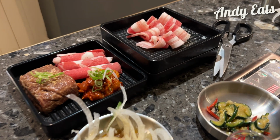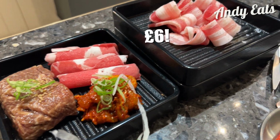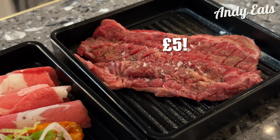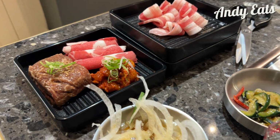Scrolling down a bit more, I've ordered some lettuce and some soybean stew, some doenjang jjigae. That's going to cost me another £6.50. They've brought the food out already. I definitely think I'm going to have to order a bit more because this is the set for £29, was it? Quality looks really nice, but it's definitely not going to be enough for me. I'm going to be hungry at the end of that, so maybe I will have room for the other items